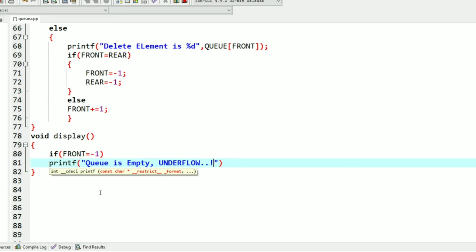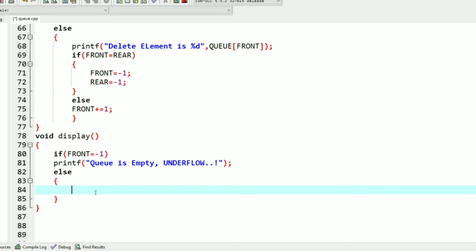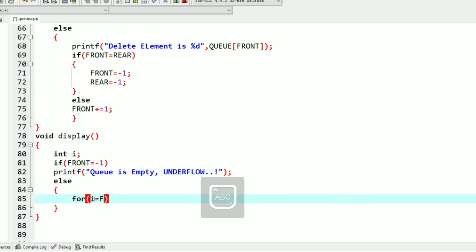Cool. Now if there is an element in the queue, then we will take help of the for loop. We will take one variable, I, which will traverse our queue and display each and every element accordingly.